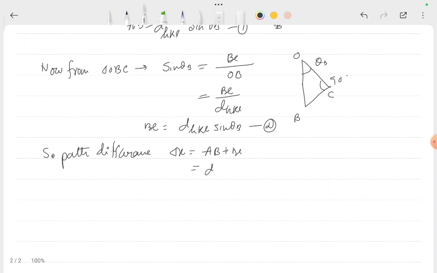So this is equal to d_HKL. These two are the same. So 2 d_HKL sin theta_B. Okay, as we know, for constructive interference,